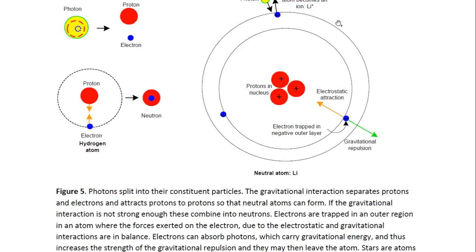And also because the proton-proton attraction is so strong, it means that the protons will form very close bonds. They will be very close to each other. And then the proton-electron interaction, which is not as strong, will lead to the electrons to be outside this inner